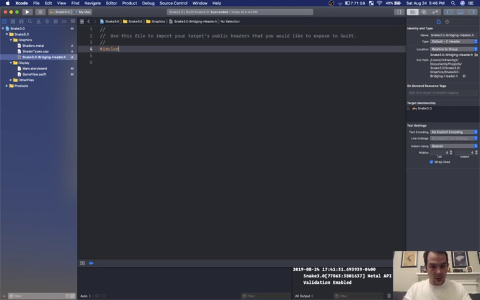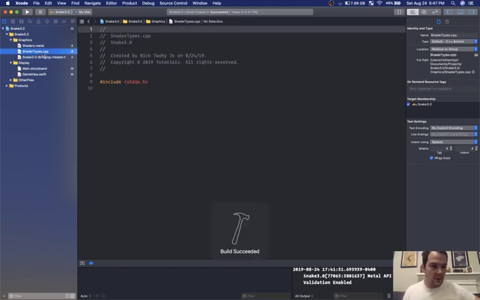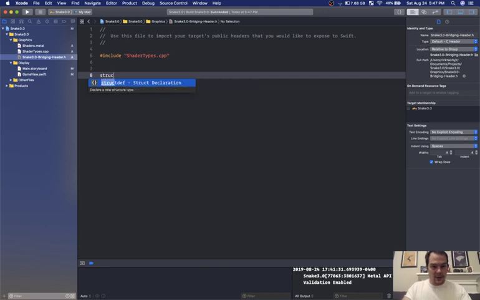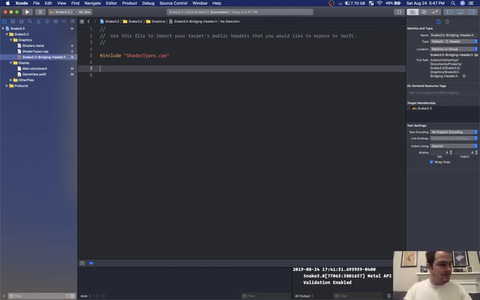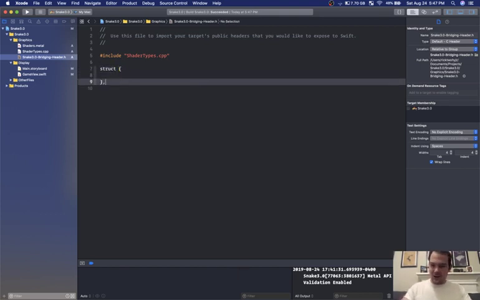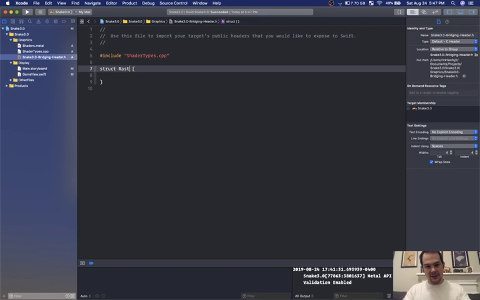Okay, so how about ShaderTypes? CPP, is that a thing? Cool. Holy moly. All right, so ShaderTypes. Let's create a struct here. That's not how you do a struct. Trying to remember how to do a struct. I know the Golang struct, that's the problem. If I just go struct like that, and then don't I call it like this? I'm just going to try to do it normally. So I'm going to call it RasterizerData,